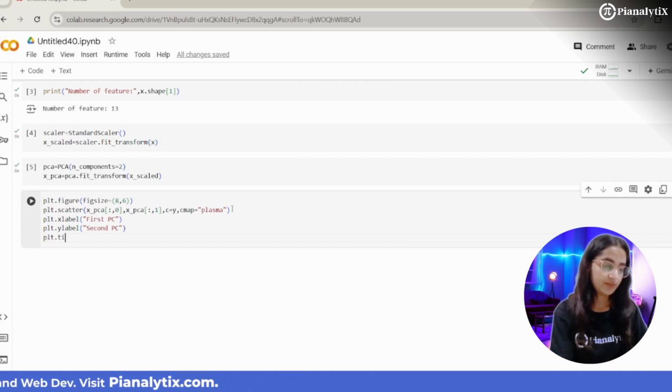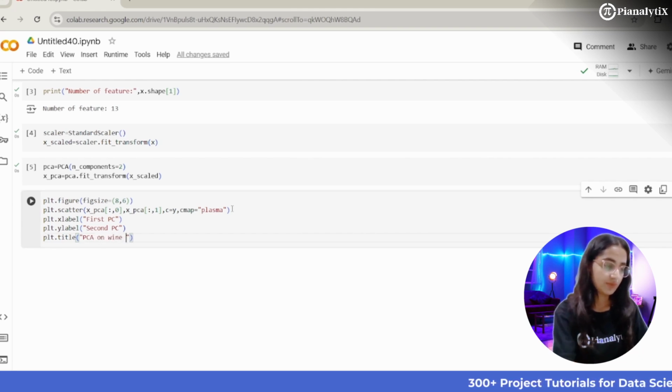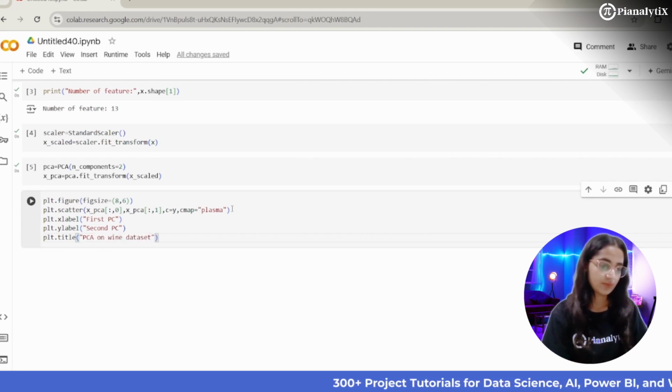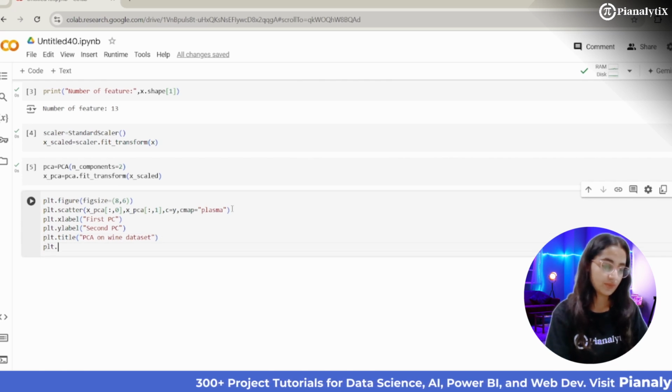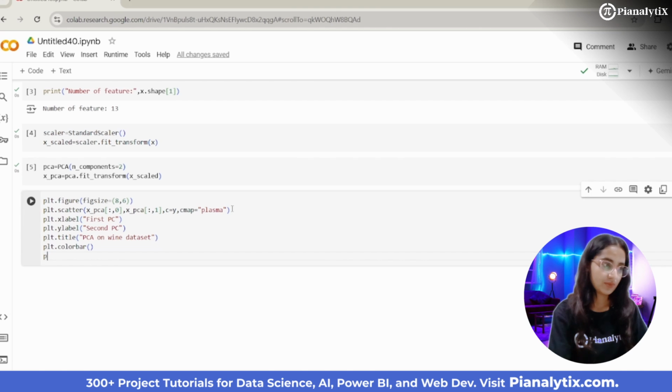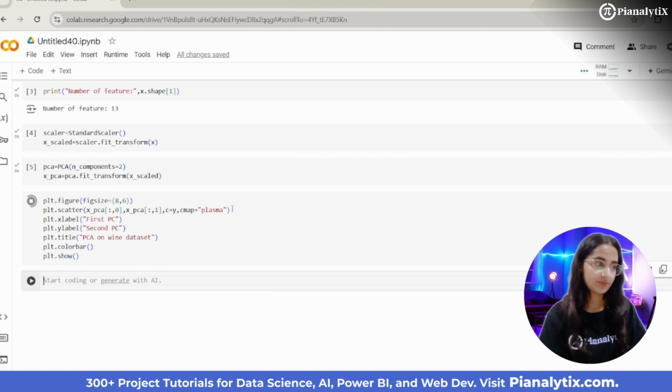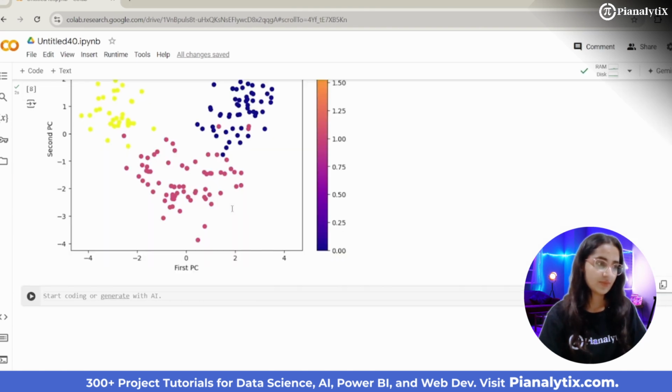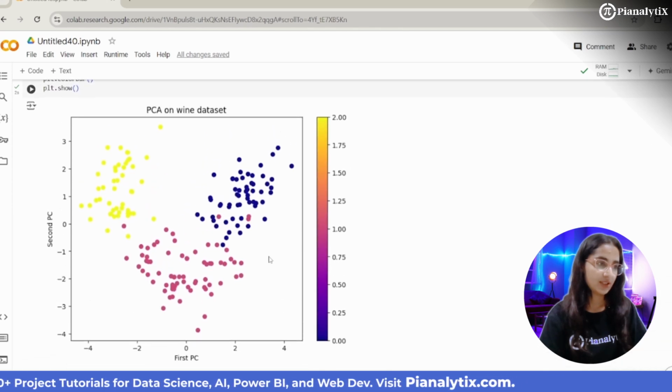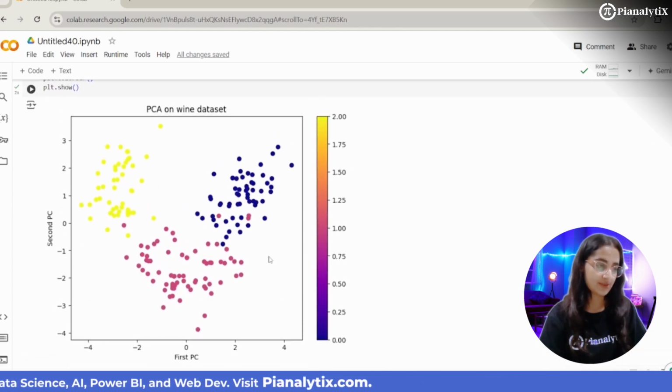Adding title. Now let's run this. Okay, so you can see PCA on the wine dataset in a visualized way.